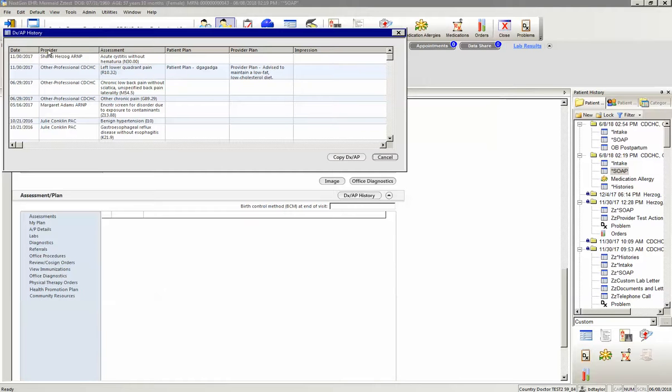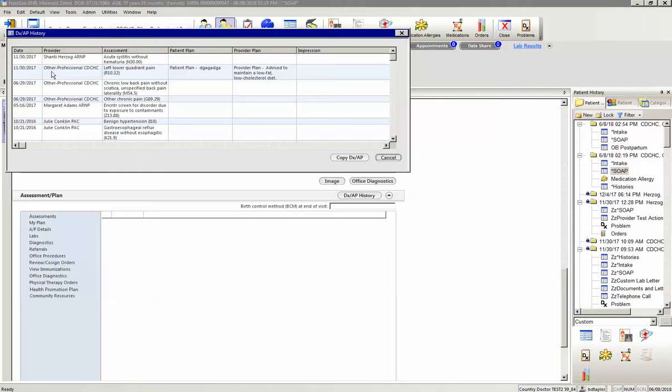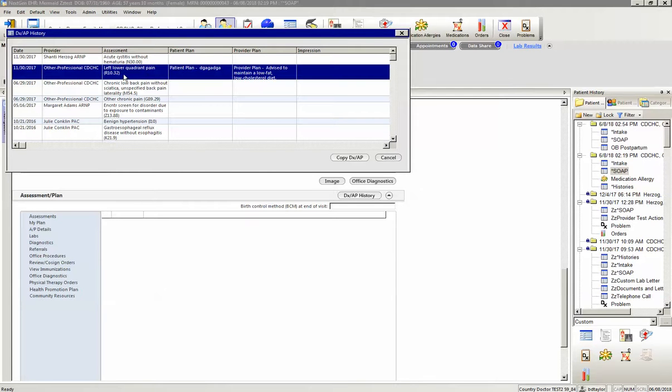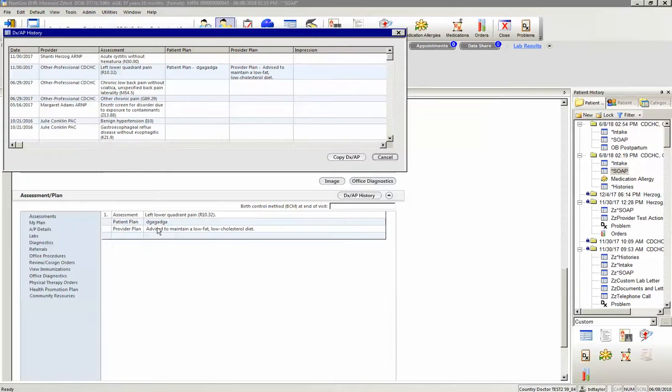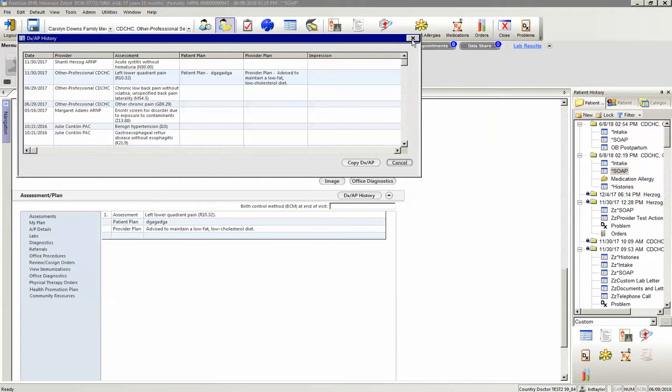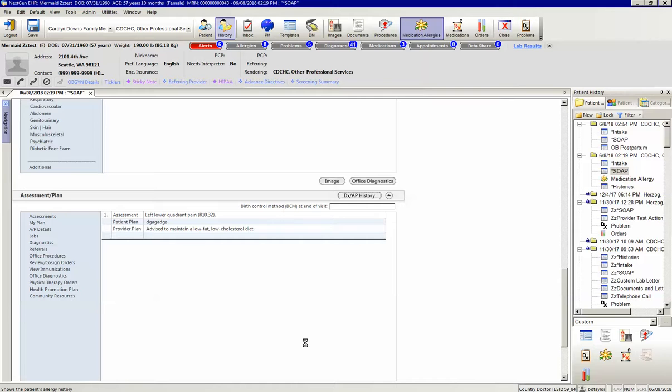So this is pulling in the patient's history of diagnoses and assessments and plans. And I can select a previous one and copy it into today's encounter. So for example, this one that already has the assessment attached, a patient plan, and the provider details. If I select copy DXAP, that information will pull into today's encounter. Then to exit this menu, if I were now done, I would have to X out of it. And you'll see that that information now exists within